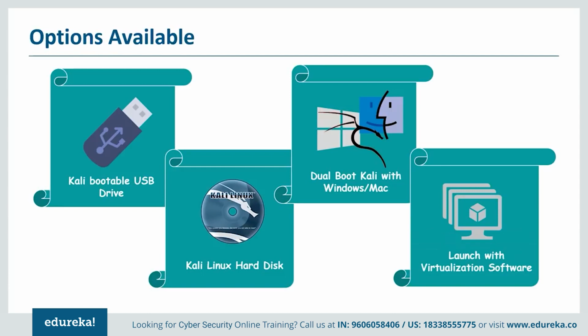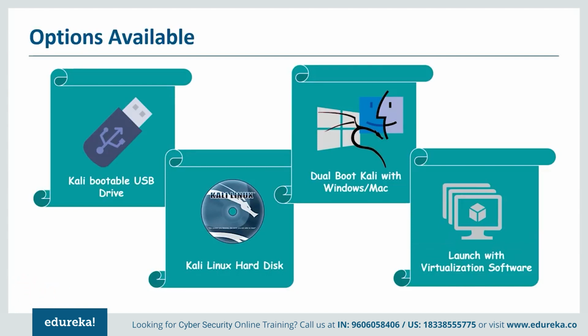Guys, apart from these, you can also set up Kali Linux on ARM devices. ARM usually refers to Advanced RISC Machines like Raspberry Pi, Cubietruck, Trim-Slice, and many more. So if you want to know more about how to use Kali Linux on these ARM devices and many other installation options, you can explore them in the official Kali Linux documentation on the website. So go ahead, guys, don't stick to one way of installing it, explore different ways of installing it and